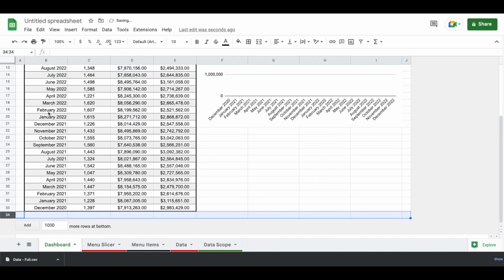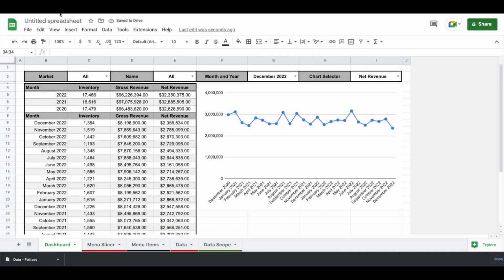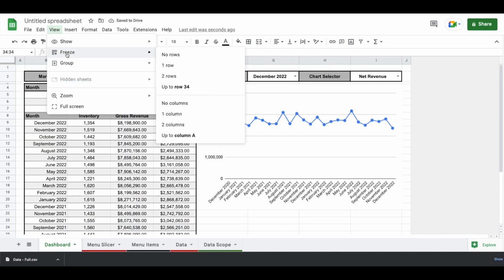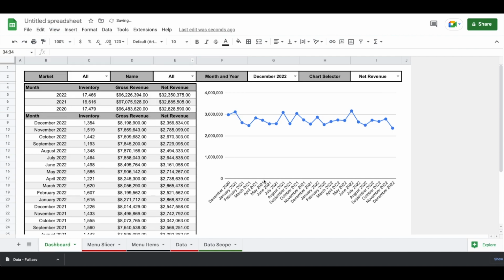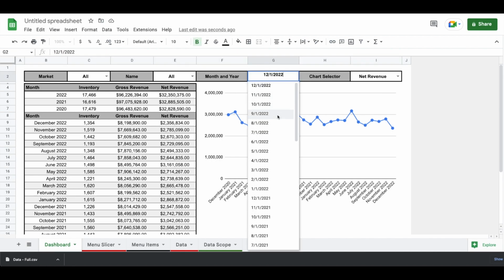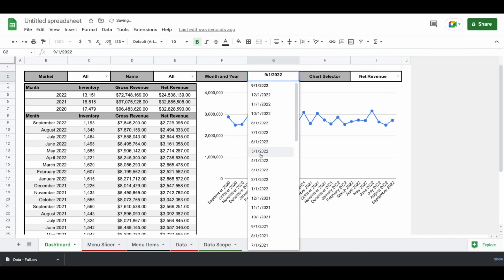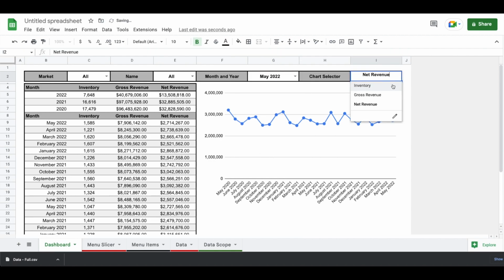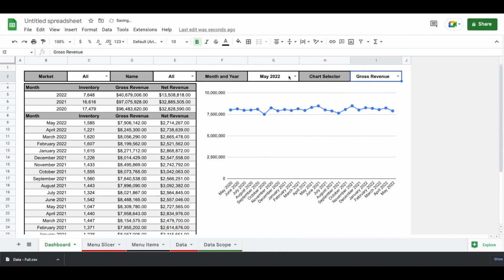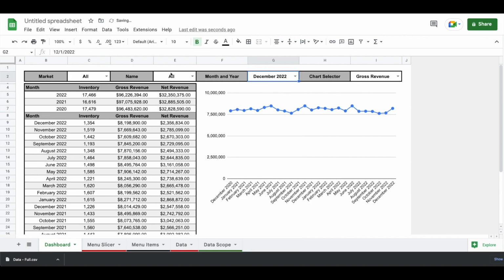And then we're going to go up top into View, and we are going to go to Show, and we're going to get rid of the grid lines. And now you can see we have this nice, clean visualization of our data that enables us to explore a lot of information at the click of a button. And we can just change our menus up here if we want to. We can flip through our markets, and we can flip through our